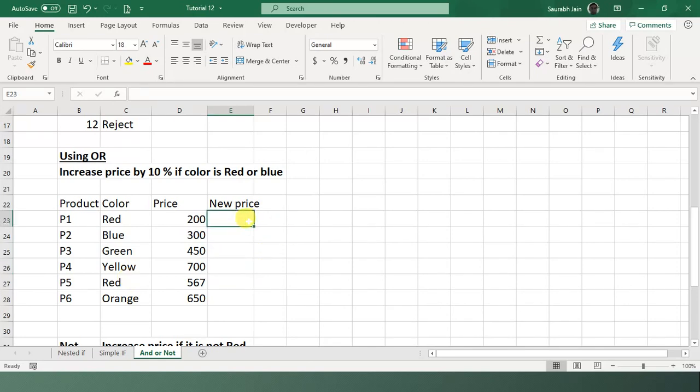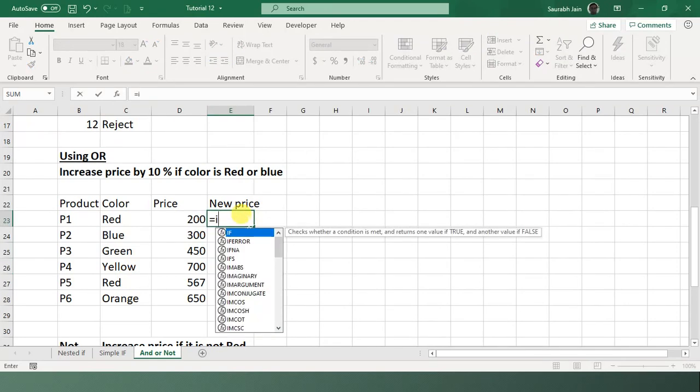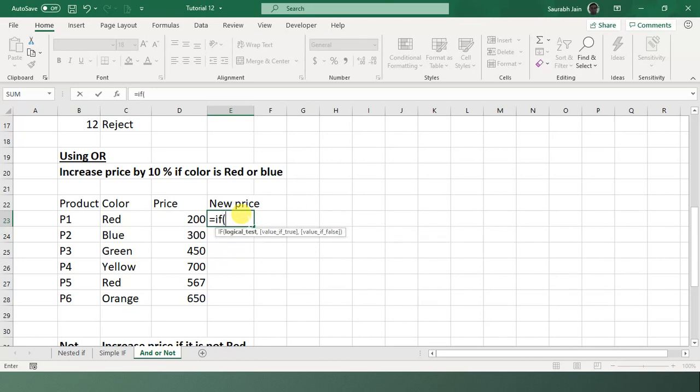Fine. So let's write equals to, first of all, IF, bracket open. I say OR part, because the condition has to be OR: either it is red or blue. So I say OR, bracket open.